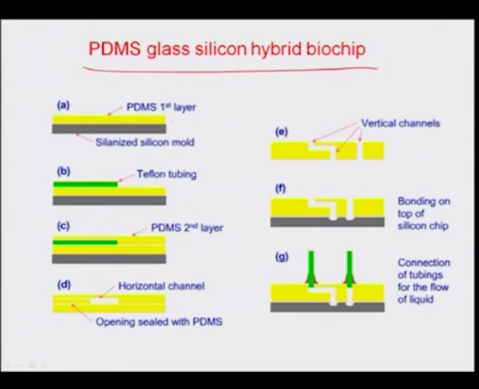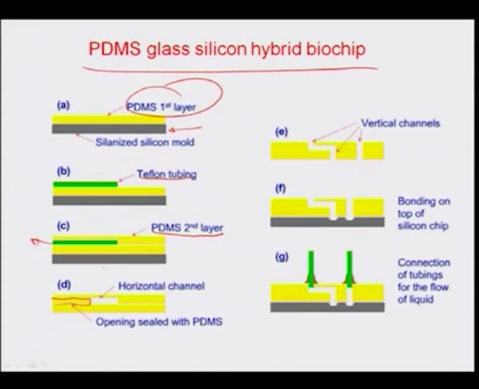So, for example, in this particular case, you can see there is a PDMS first layer which has been deposited on the top of this siliconized silicon mold, and then you have a Teflon tubing which has been inserted covering a certain region of this particular PDMS coated siliconized silicon mold, and then there is a second layer of PDMS, which is poured on the top of this layer of Teflon mounted over the lower PDMS first layer, and then when you remove this Teflon tubing, you are left with a cavity which you can suitably fill with PDMS again. Okay, and so you can have a chamber